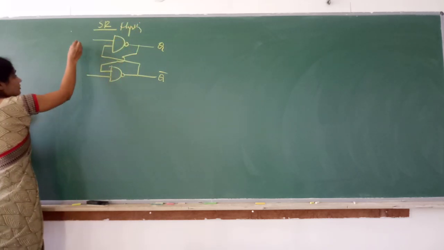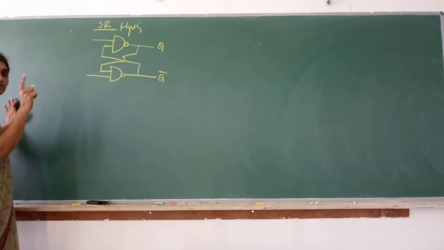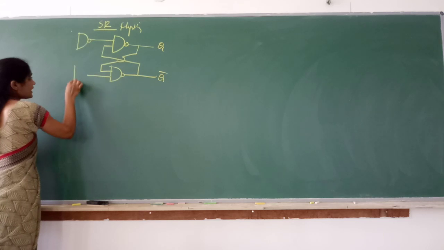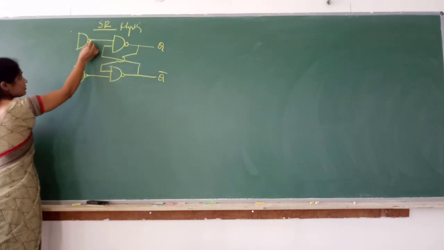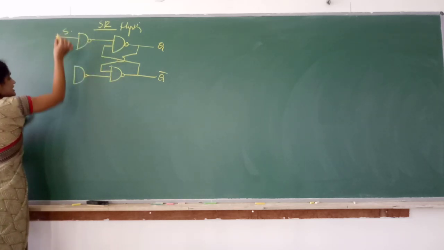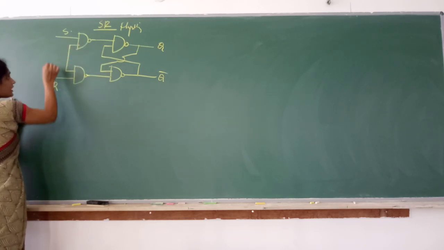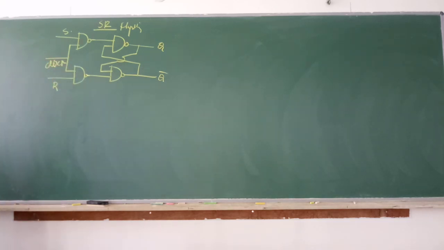Now look at SR flip-flop, which has one more input, clock. To give the clock input, we have to go for two more NAND gates here. Okay, look at the circuit carefully. Now this is the output here, this is the output here. I call this input S and this R. And I give one common input to both the NAND gates, that is the clock signal. Hope you can see the circuit, correct? So that is the clock signal.